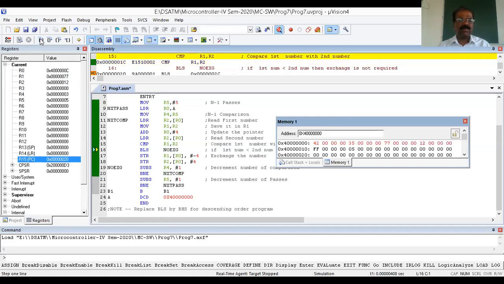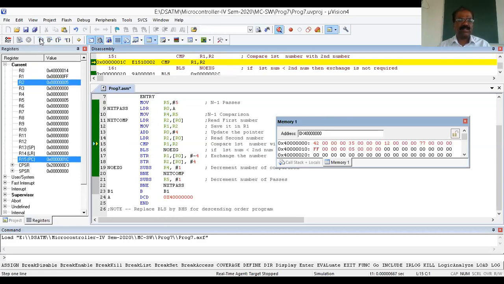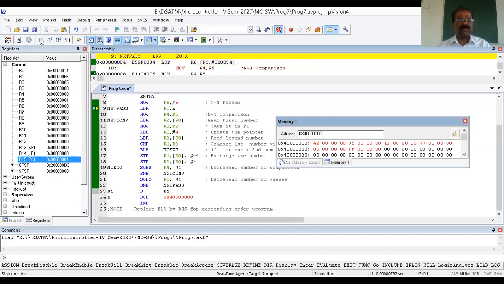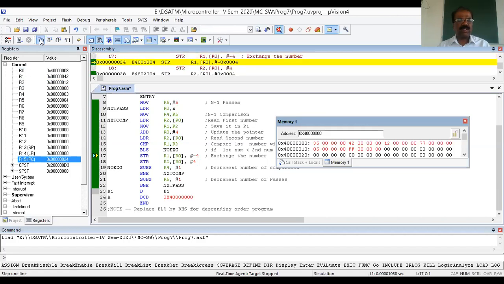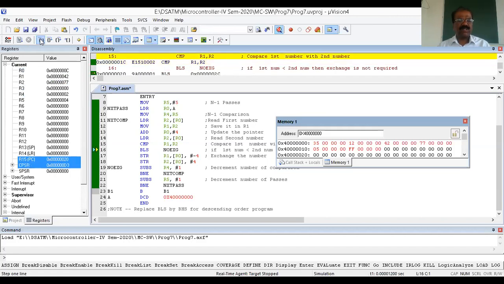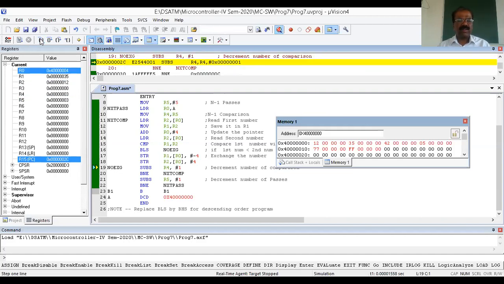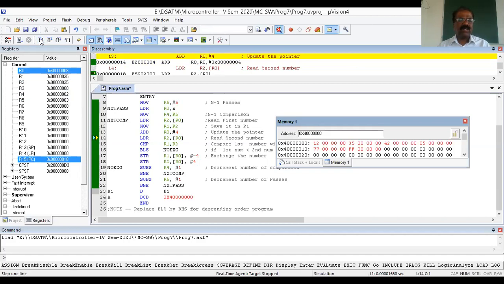You can pause the video and we can check the content of each and every register. Yes, I'm executing each and every instruction step by step. We can execute the same program either in run mode or in single step mode. I'm executing this program using single step mode. The advantage of single step mode is we can check the content of each and every register. That is the beauty of this. Now we can still see the content of each and every register. Now it is coming out as the next pass. Just keep on doing the same thing.